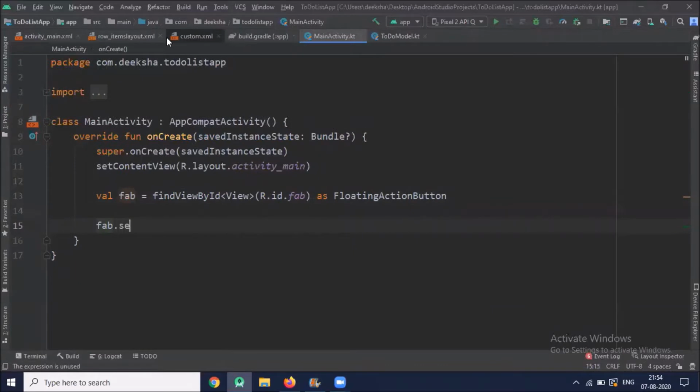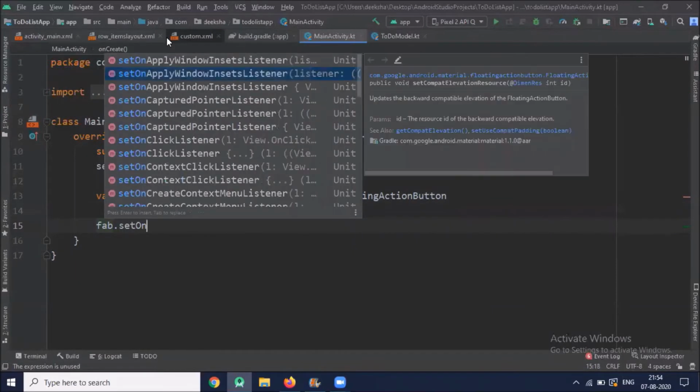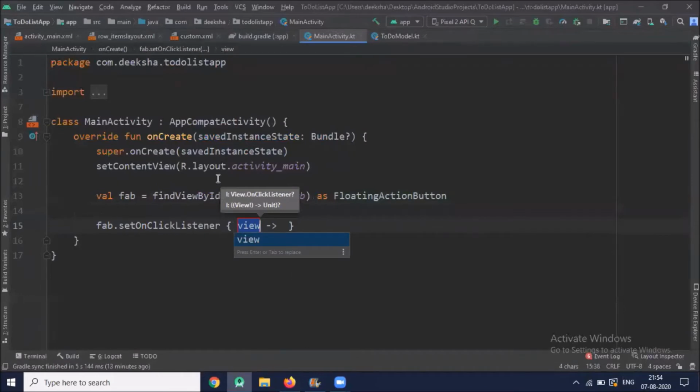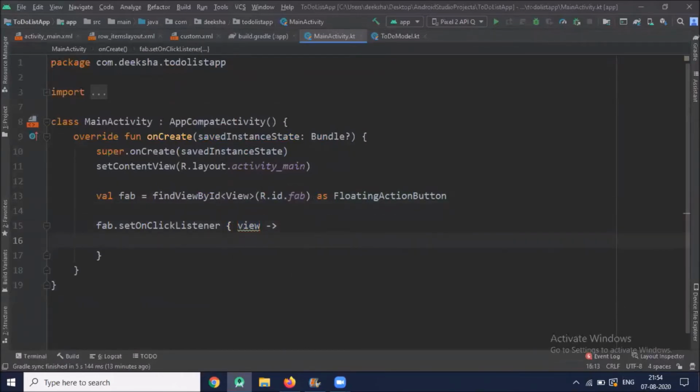Now fab.setOnClickListener. Now here we will write the coding for dialog.